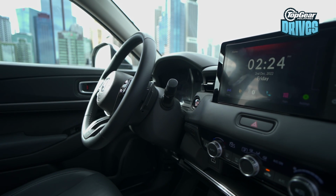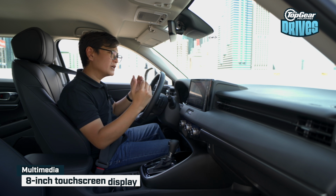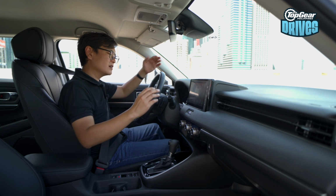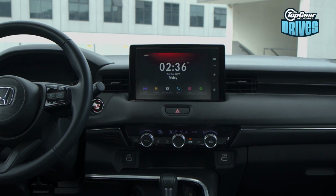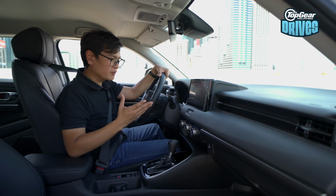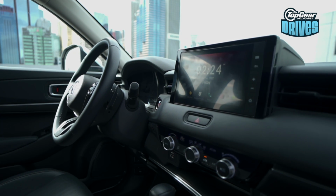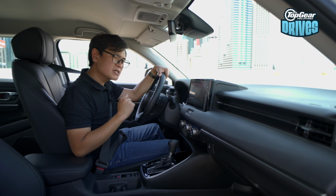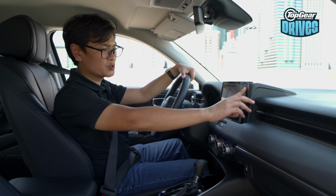Now here in the center, you have this sizable 8-inch screen. It's not a free-floating design per se, but I have to say it does look more neatly integrated compared to just sticking on an iPad right on top of the dash top. Now, if you've noticed, the buttons are on the right-hand side, which gives you a clue where this car was assembled. If you have to guess, it's Thailand, and the right-hand drive over there, so it's closer